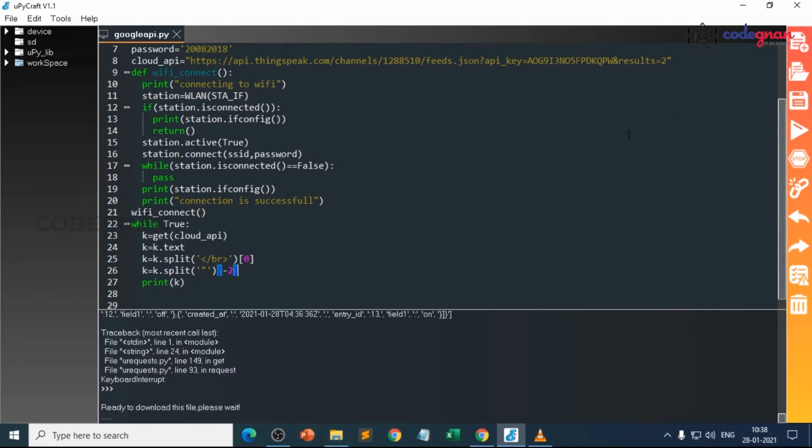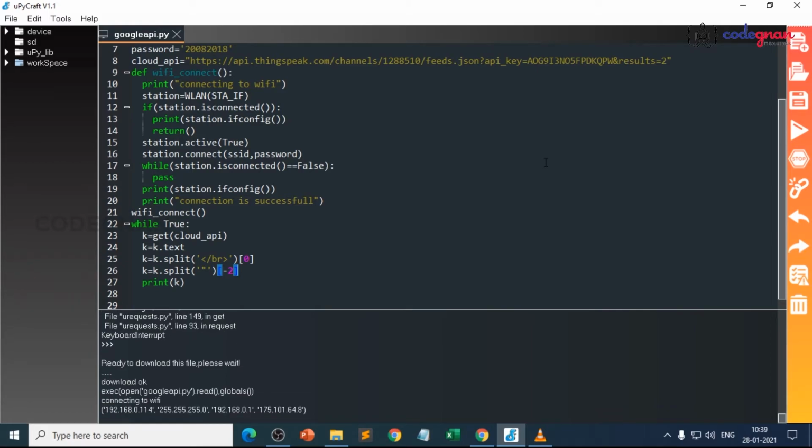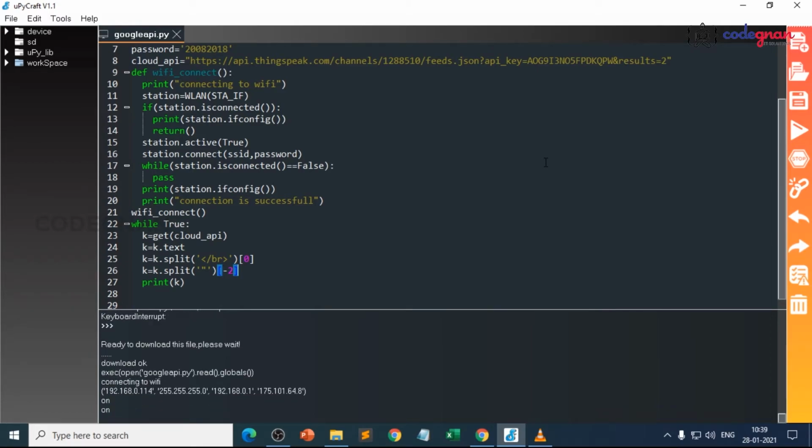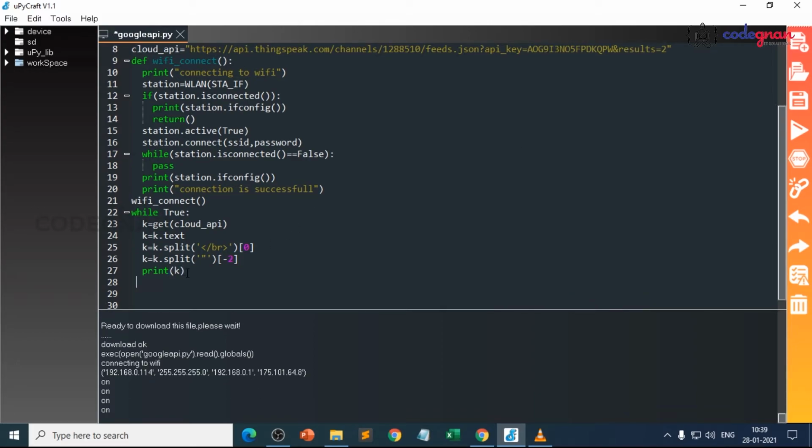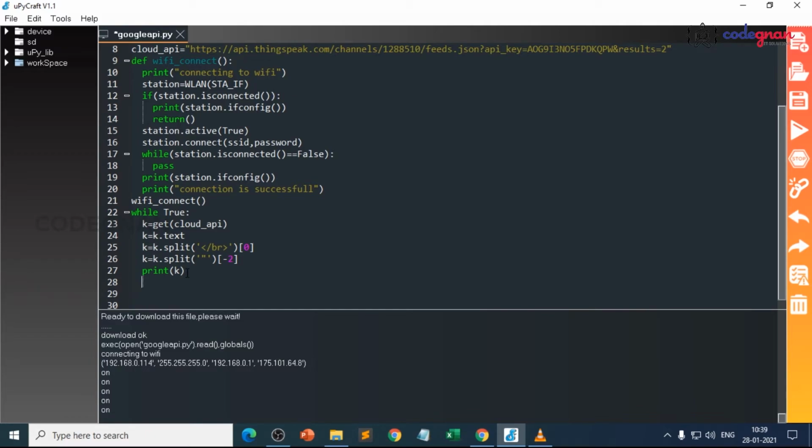What are we getting? We are getting only on here. So with this we will now write a program to turn the LED on or turn the LED off here.